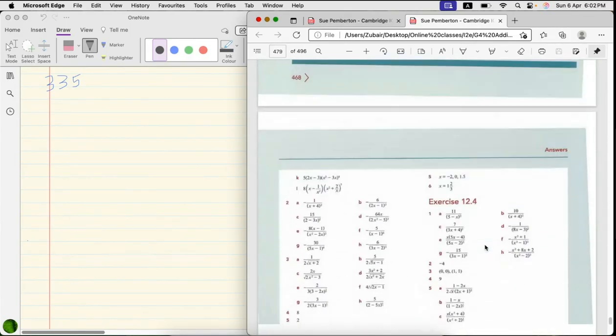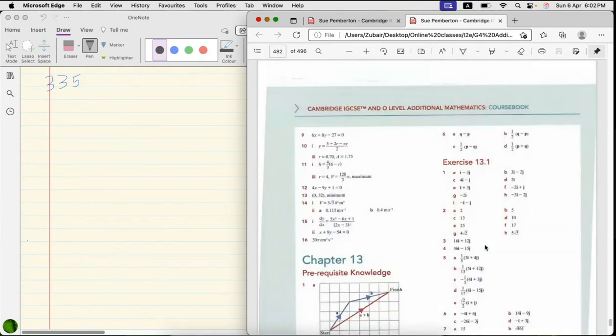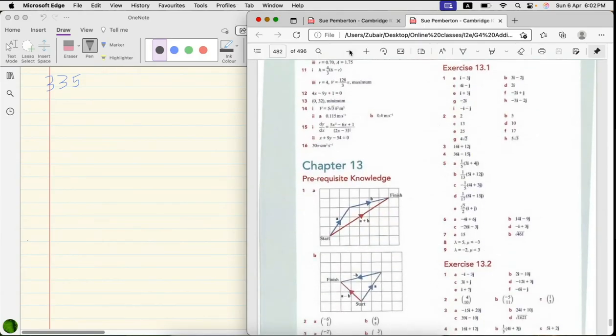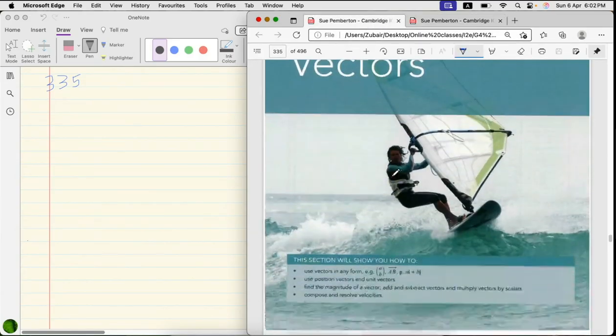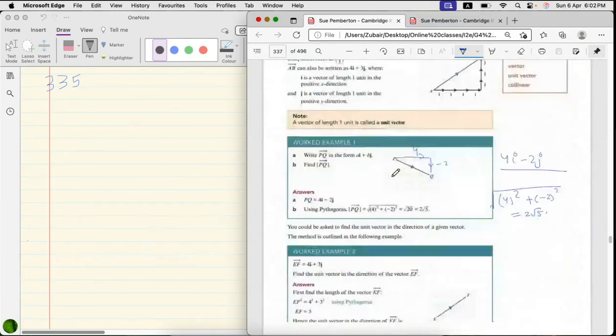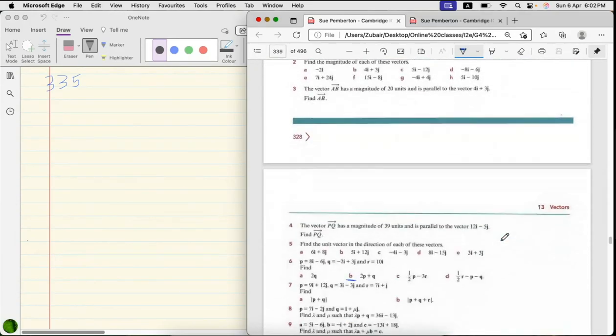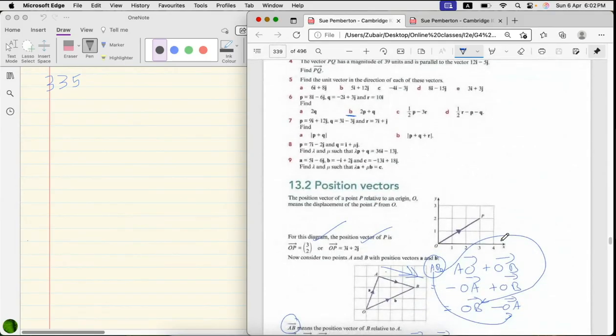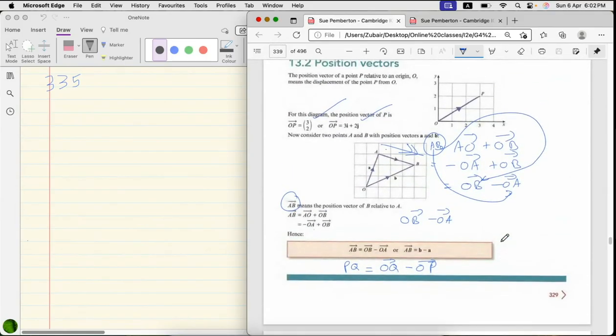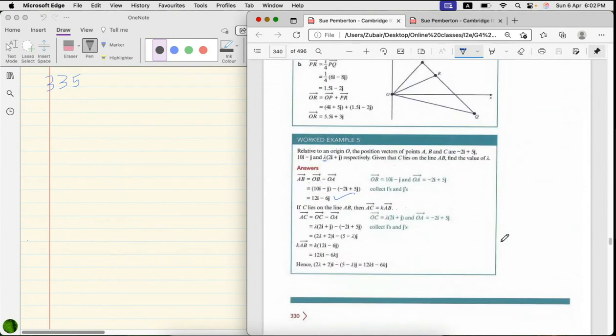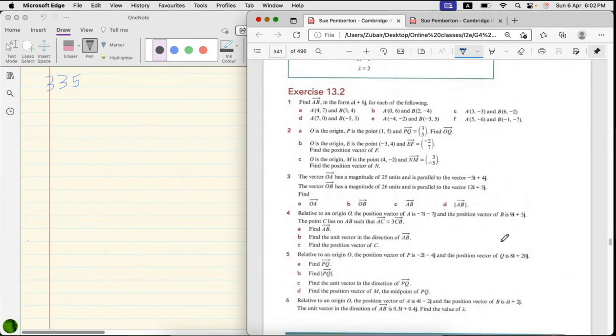Chapter 13. We did a few of the worked examples and a few questions. 13.1 we did maximum. 13.2 position vectors, worked examples, and